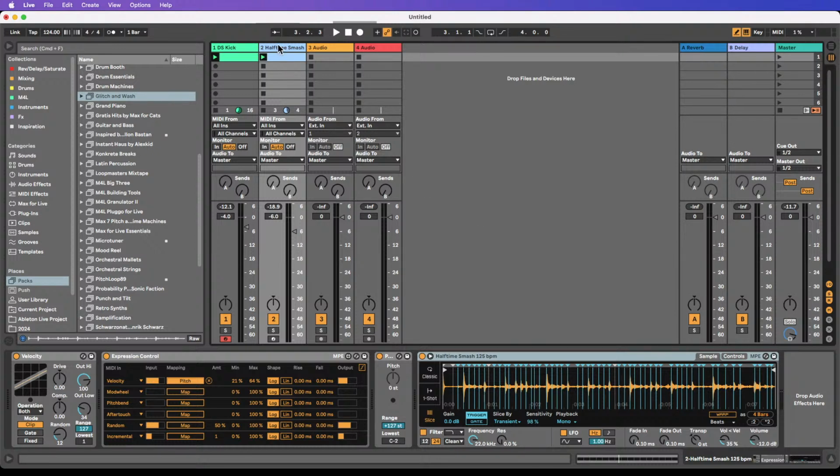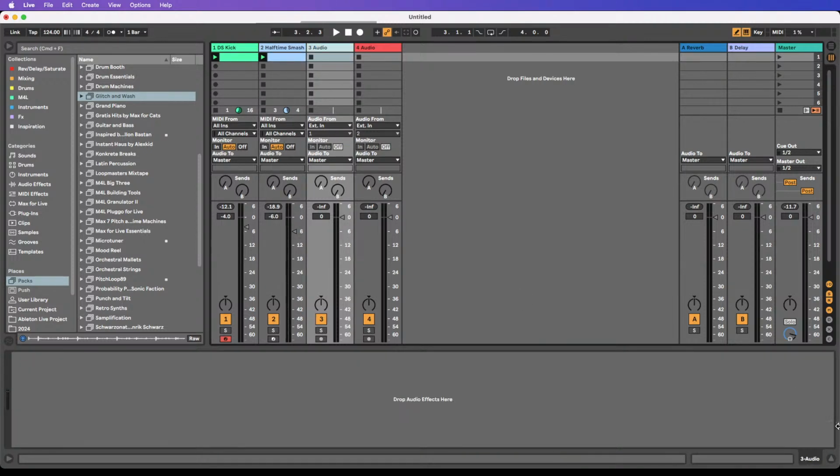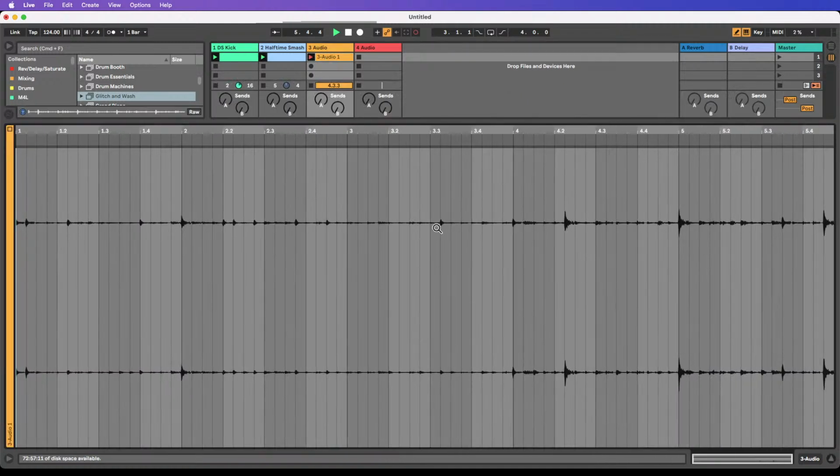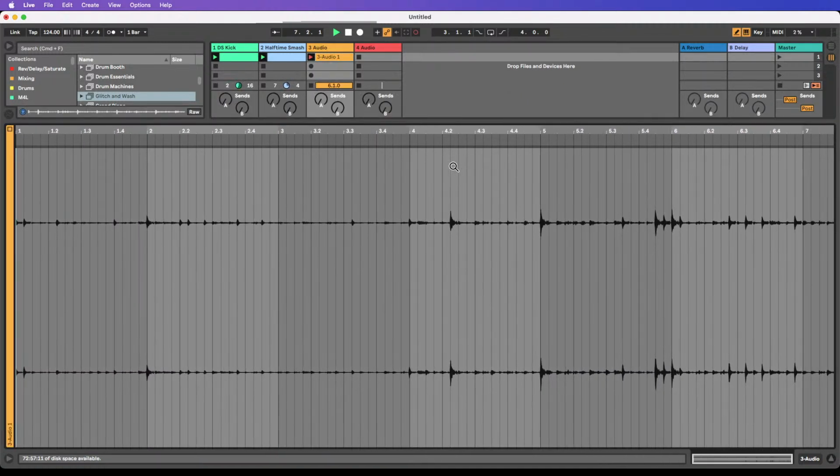Well, one way we can avoid that, of course, is to look at ways to grab it in audio. So I'm just going to show you. I'm going to leave it like it is for the moment, but if I was to go to the audio track right next door and say, take the audio in from this, set it to record, turn it to in, I could now grab a recording of that. And I'm just going to set my volume to 0 on this track just so the recording goes in as loud as it could do for the moment. So I'm grabbing all of that in audio form